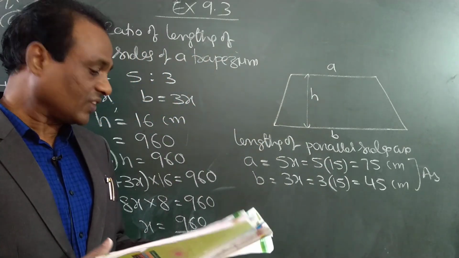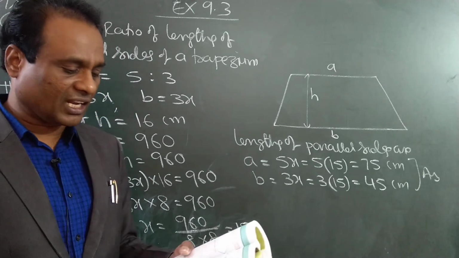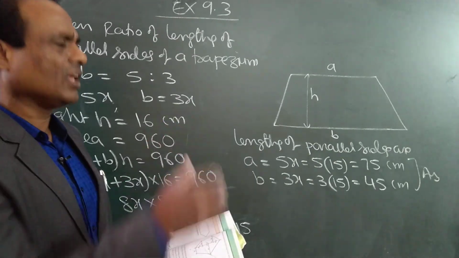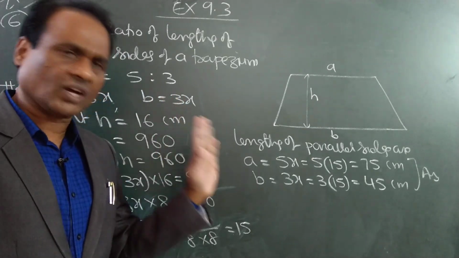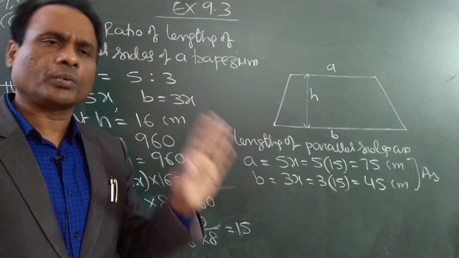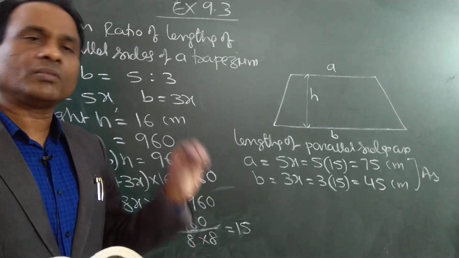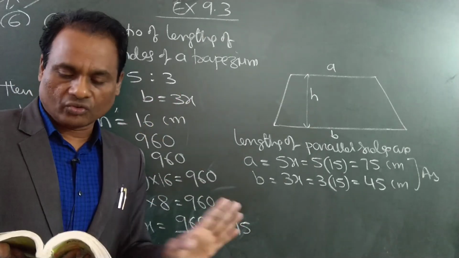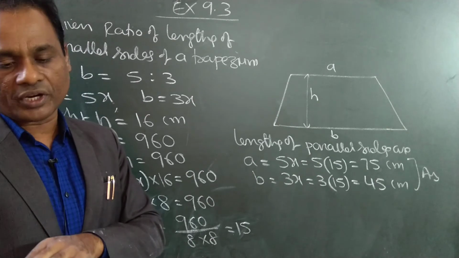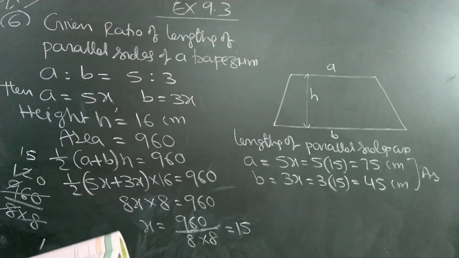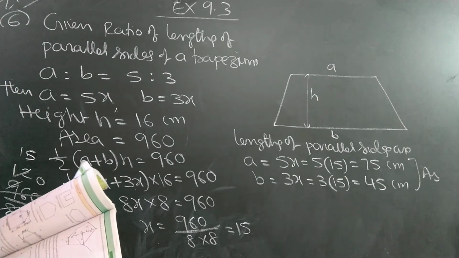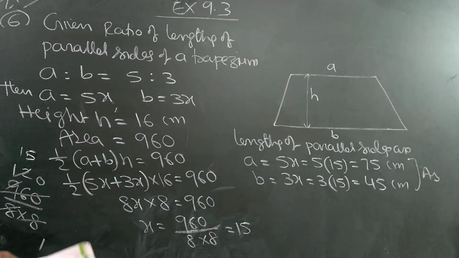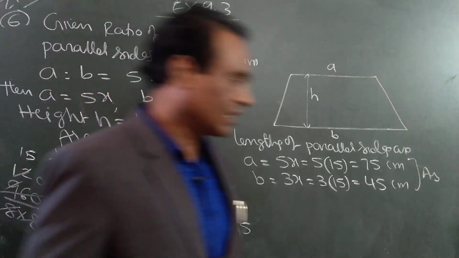So this is the sixth problem and two more problems are left. Students, these are little difficult problems. I am not going very fast, so let us comfortably solve one or two problems. If it is a big problem, let us solve only one or two daily. So only two problems are left. Tomorrow we are going to complete them. Up to here you just practice. Today, the fifth second bit was difficult. You practice it, that is an important problem. And this is also an important problem. You practice it. And tomorrow at the same time we will resume the class.